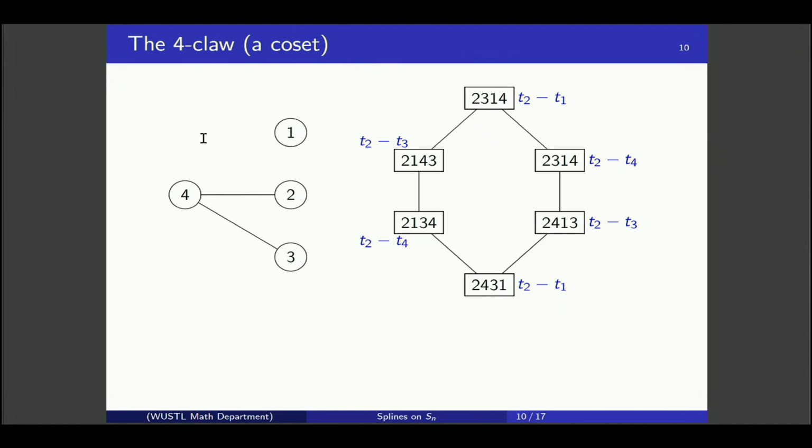Oh, that's a typo. Yeah, that's supposed to be T2 minus T4. Oh, maybe that's where my mistake lies. It's supposed to be 2 3 4 1, making my vertex wrong, but my spline correct. Well, anyway,